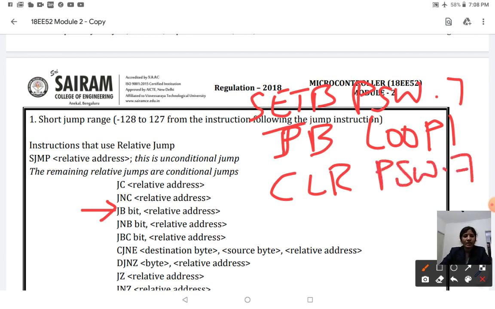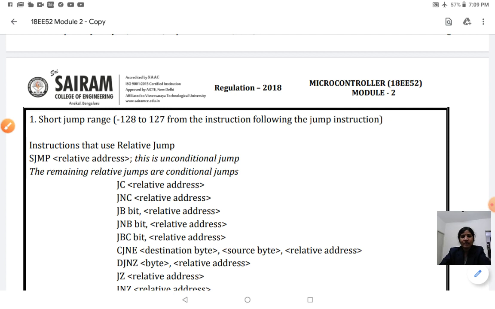So here, when it executes this particular instruction, the PSW.7 bit is going to be 1. So it will check that particular bit. If that bit is 1, then it moves on to loop 1, else it follows your next instruction.